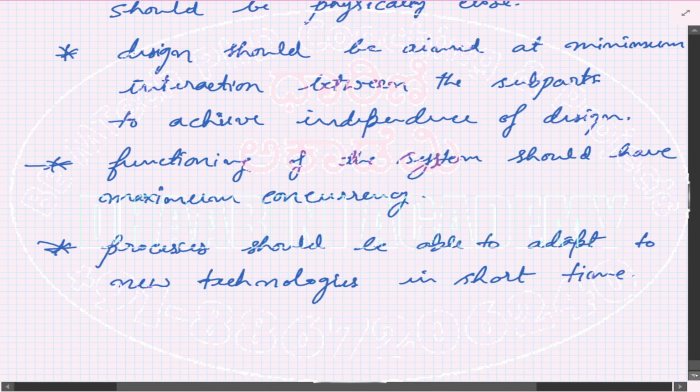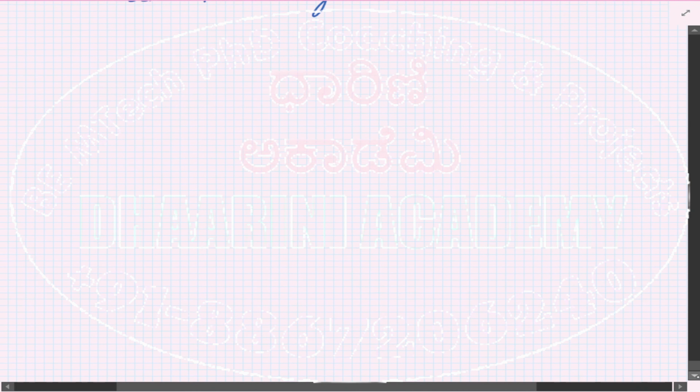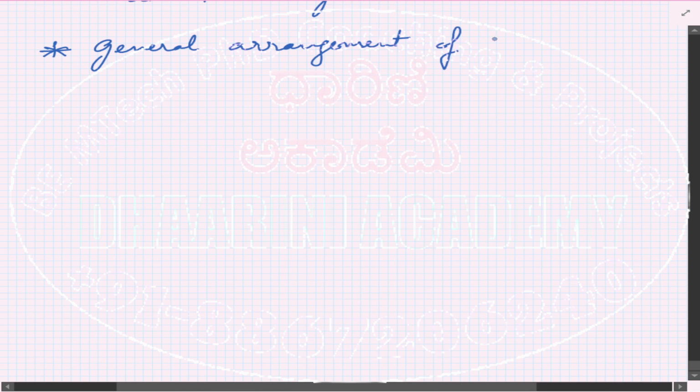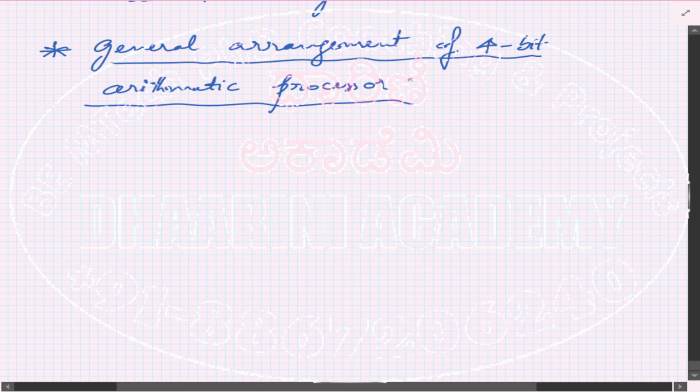All right, these are the points of the hierarchy. Now let's move on to the next topic, that is the general arrangement of a 4-bit arithmetic processor. Okay,